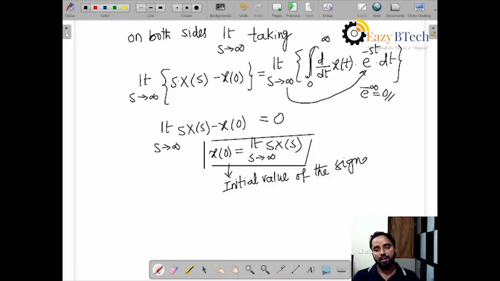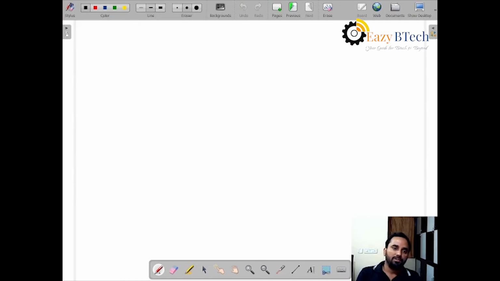And similarly we have the final value theorem. That also we can discuss now. So, the final value theorem. What is the final value theorem? See the